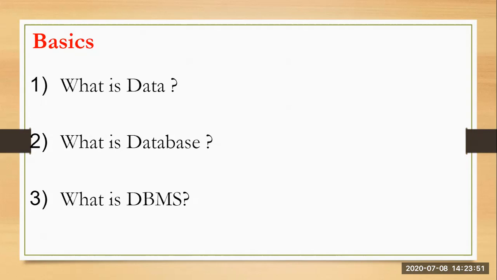Second, retrieval of information from the database. Third, updating the database. Fourth, managing your database. So these are the four steps we need to perform while creating a database using DBMS software. Thus we can say that DBMS is nothing but a computerized record keeping system that allows us to define our data, create our data, update our data, and query our data.